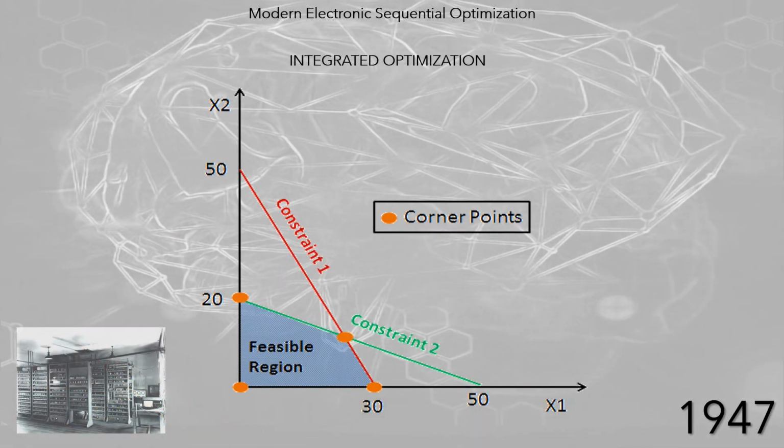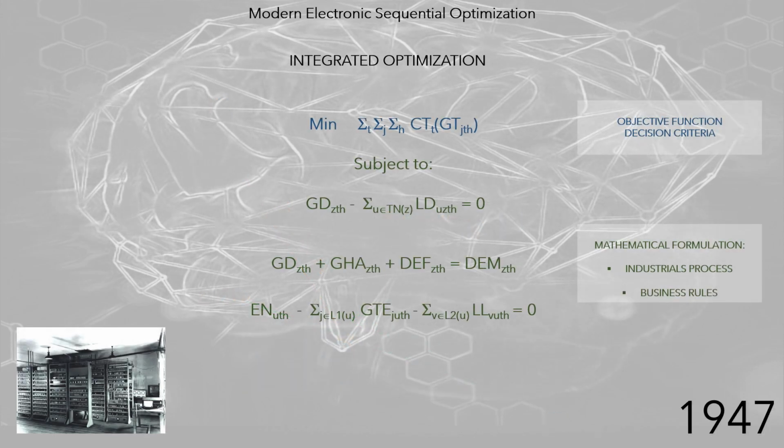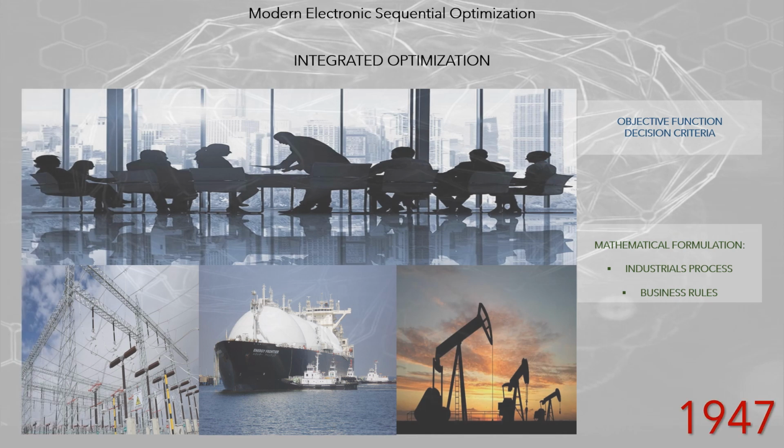work with linear programming. In statistics, Dantzig solved two open problems in statistical theory. The primal simplex algorithm can be considered the starting point of applied mathematical programming, and the birth of computer-oriented mathematics. Mathematical programming is characterized by having an objective function as decision criteria, and a mathematical model, based on a set of constraints that represent the industrial process, and